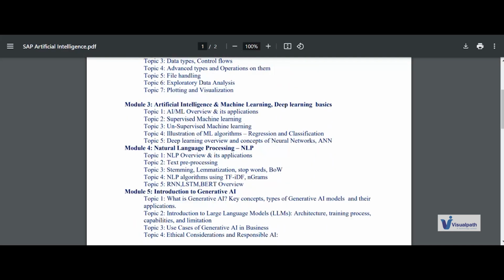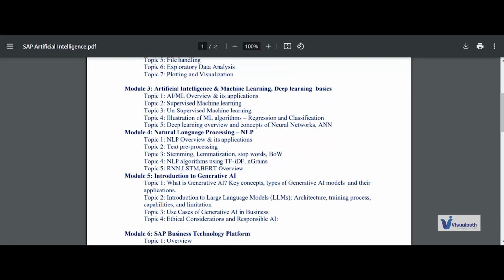And then we also cover generative AI. What is generative AI? What are the different large language models? And what are the different use cases you can think of within the SAP portfolio or SAP ecosystem, leveraging narrow AI or generative AI, right?